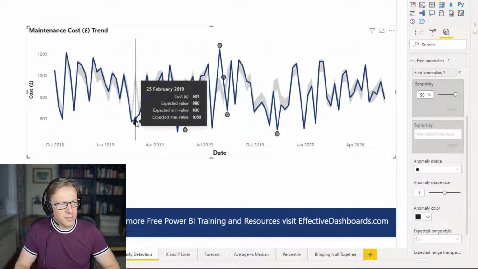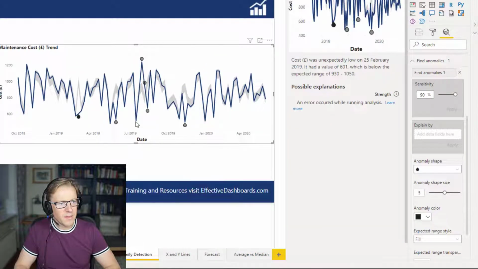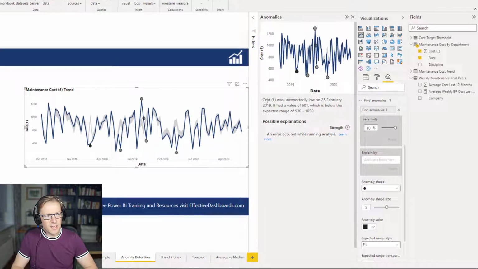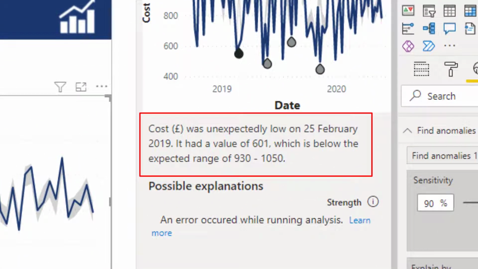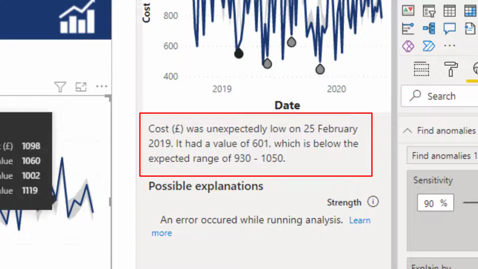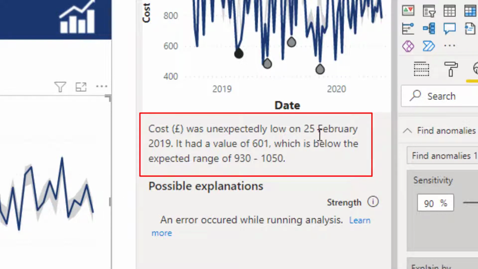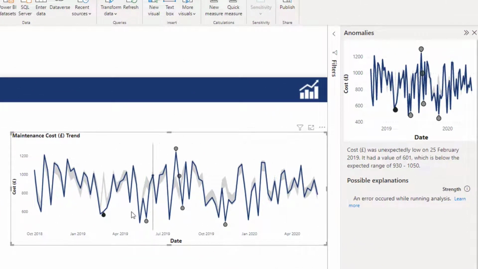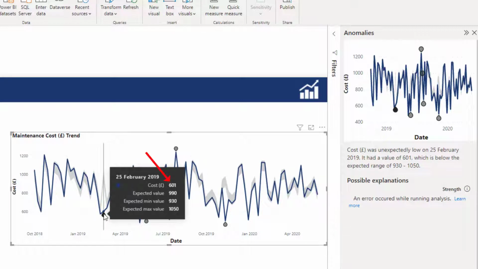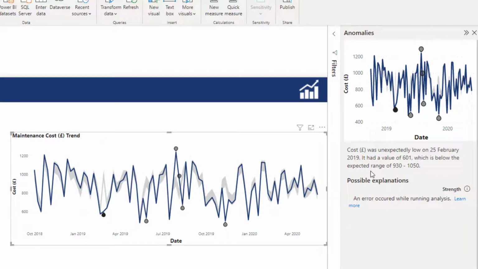So if I go and click on here, what it does is it says the costs are unexpectedly low. Okay, so we expected the cost to be high based on the trend of the data on the 25th of February 2019. It had a value of 601. So I click on here, 601 was the cost, which is below the expected range of between 930 and